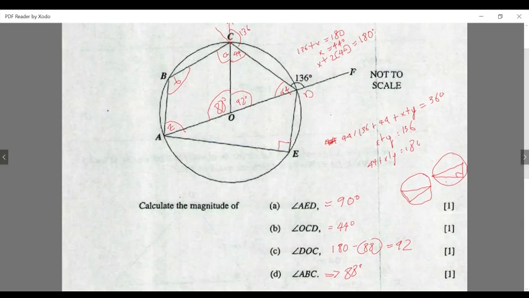First, you recognize that the summation of angles along a straight line is equal to 180. So to find this inner angle, it's just 180 minus 136, which I've computed here. Therefore, this angle is 44. Another important feature is that this is an isosceles triangle, meaning that these two sides are